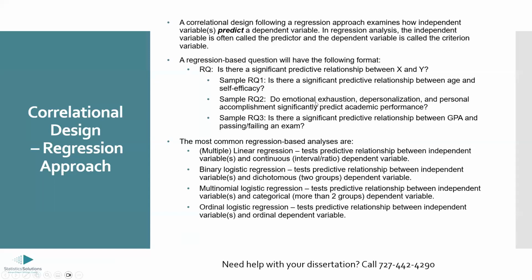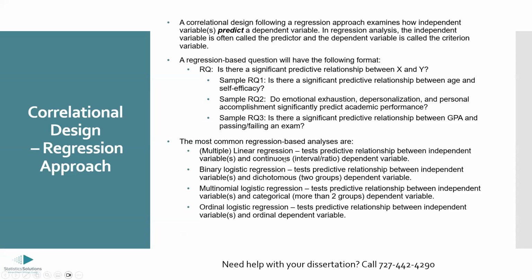Research question 2: does emotional exhaustion, depersonalization, and personal accomplishment predict academic performance? Because we have multiple predictors, multiple independent variables, you can run a multiple linear regression. So a simple linear regression means you have one predictor, which aligns with the first question here. The second question, you would use a multiple linear regression specifically, because you have multiple predictors or multiple